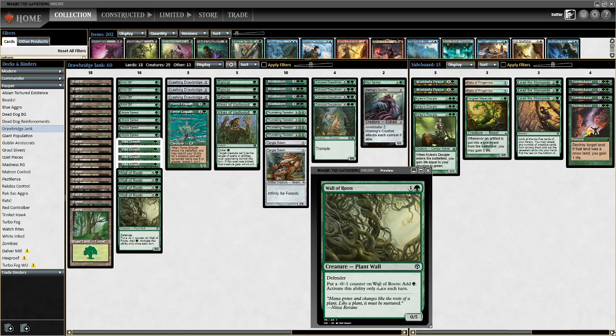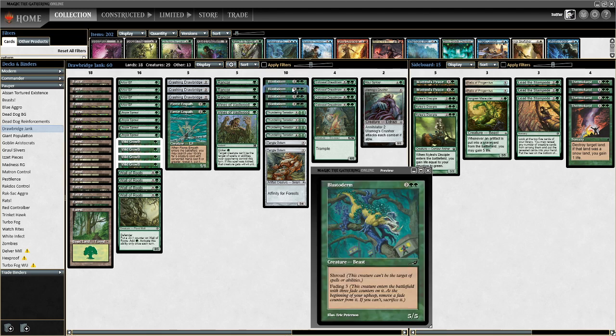Moving on to what we're ramping into, we've got Blastoderm, which is a 4-mana 5/5 with Shroud, which means you can't target it, but your opponents can't target it either, which makes it a really strong threat. And it has Fading, which means it can only attack for potentially 3 turns, but with the Crashing Drawbridge, it actually gets an extra attack in. And again, if we can get to 4 mana on turn 2, we're attacking with a Blastoderm on turn 3,